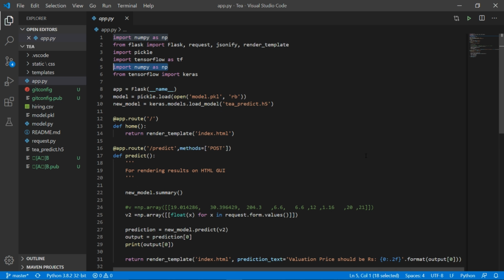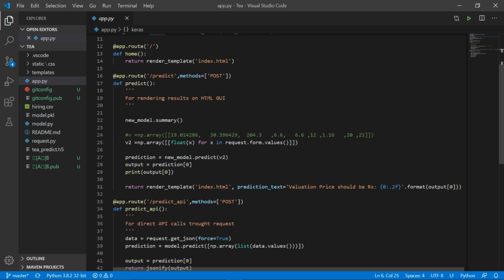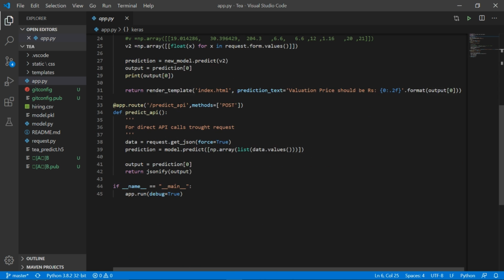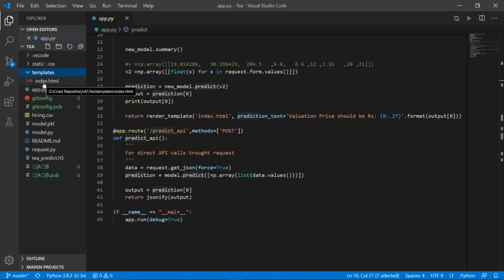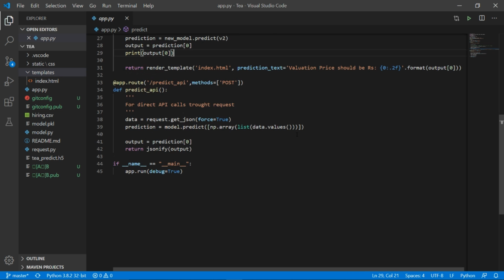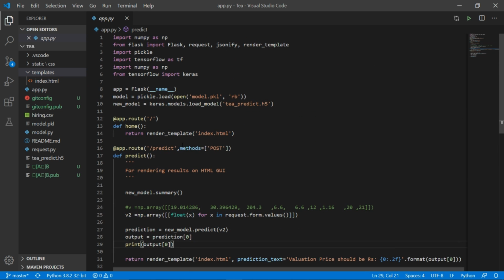Okay, this is my Flask application. I will go through this Python file quickly. I have used TensorFlow and Keras for model loading, and then the routing. I have one predict route, and I use HTML templates for binding data. This is my simple application. I have put my Keras model, this is the model .keras file,